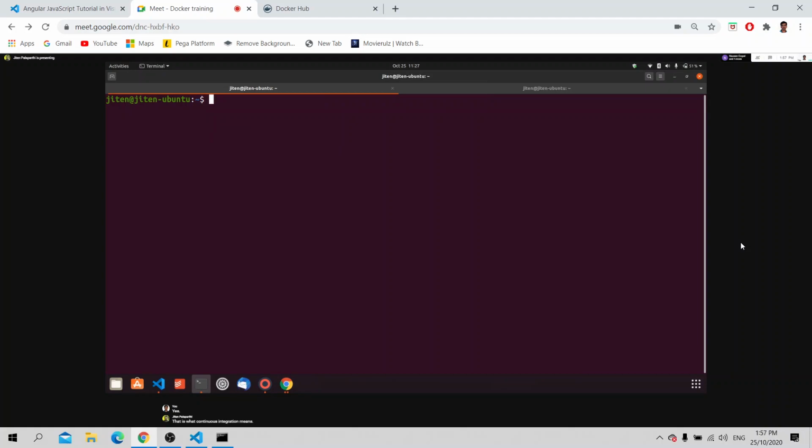The next thing is continuous delivery. What continuous delivery does is it picks up your Docker file. That means for continuous delivery, there must be a Docker file in place. Or some organizations automatically create Docker files.